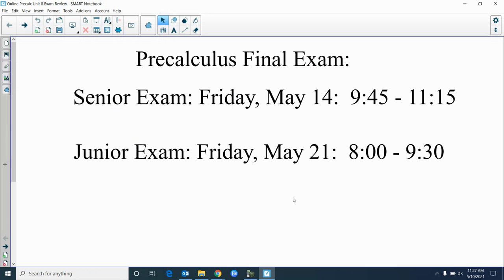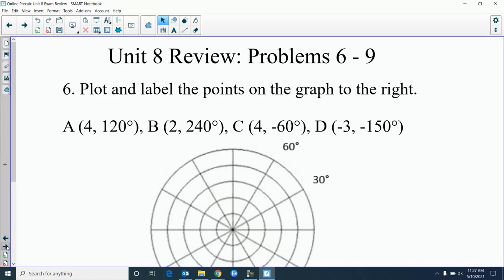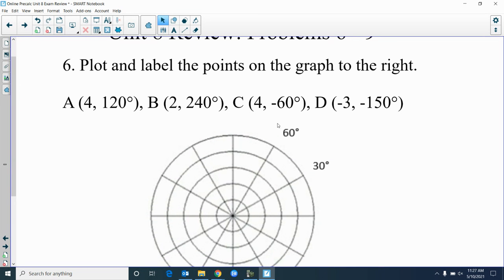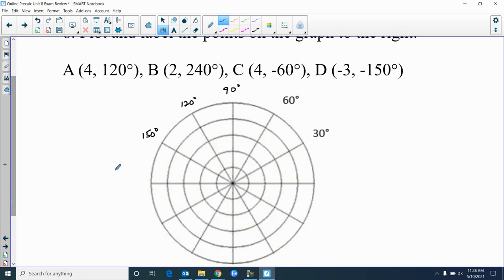Okay, let's go to this case here. Unit 8 really covers 6 through 9. Number 6, plot and label the points in the graph to the right. Now, the way this graph is, I couldn't list everything, but the marks, the spokes, are every 30 degrees. So you're going 30, 60, 90, 120, 150, 180,